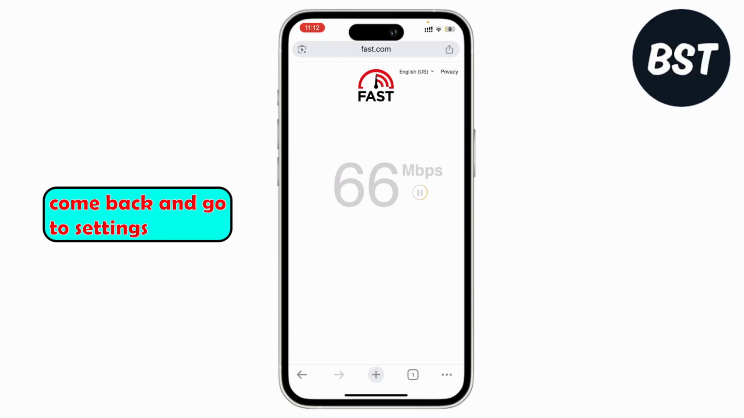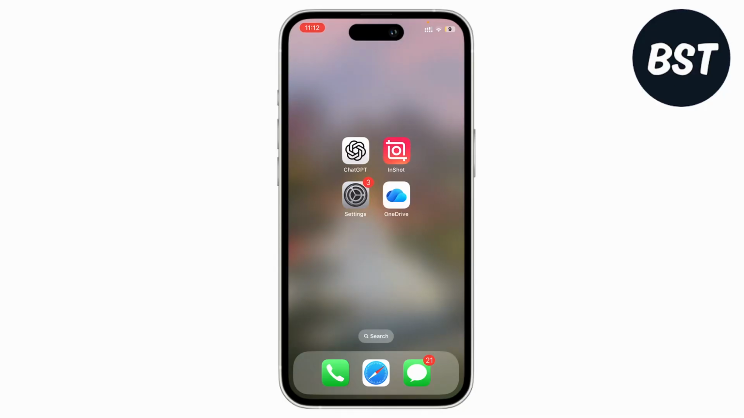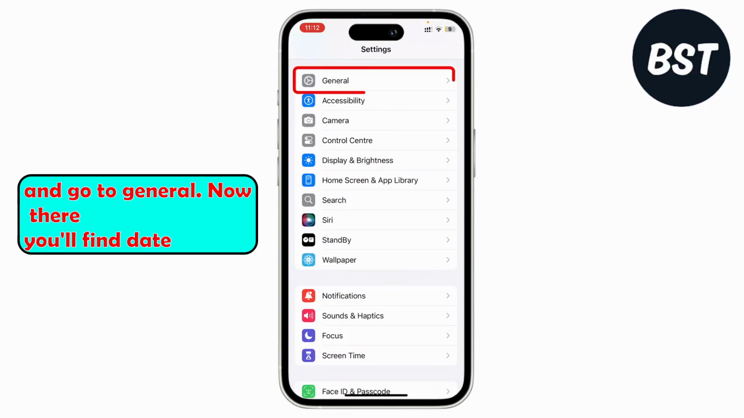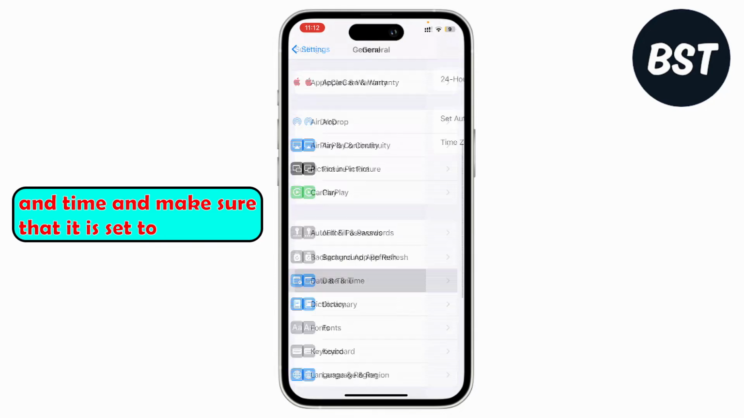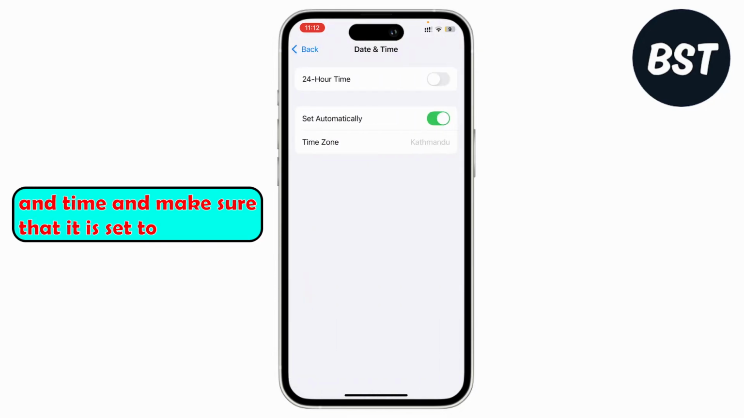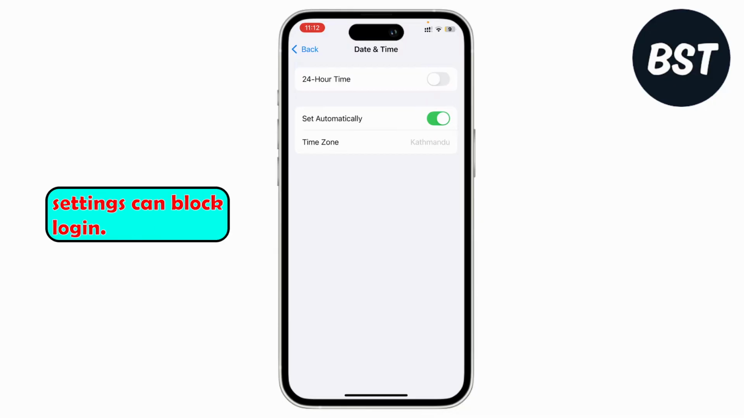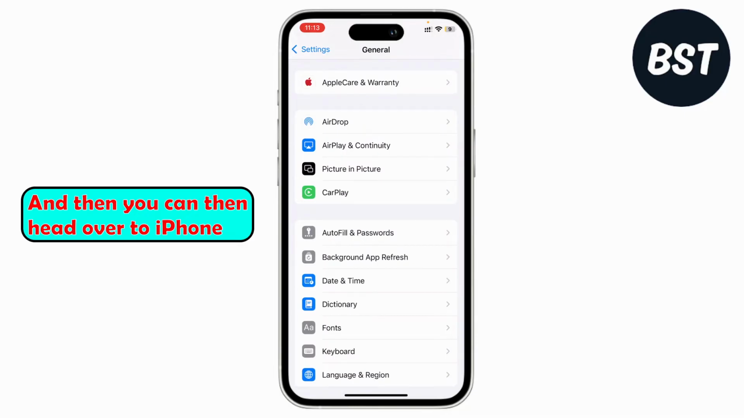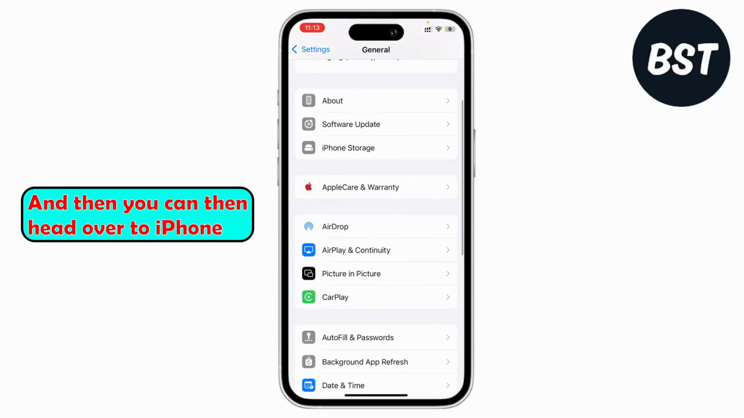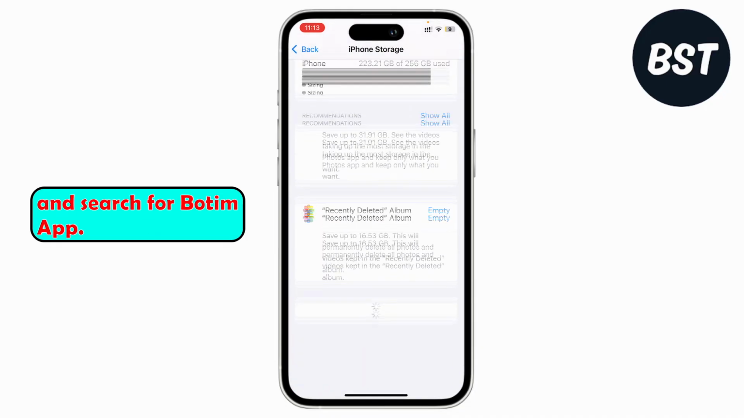And then come back and go to settings and go to general. Now there you'll find date and time and make sure that it is set to set automatically because incorrect time settings can block login. And then you can head over to iPhone storage, scroll down and search for Botim